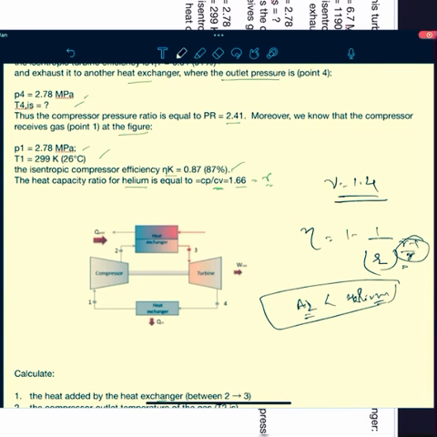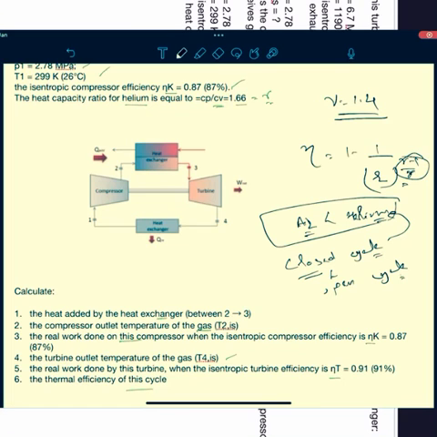That's why in closed cycle we can achieve more efficiency as compared to open cycle, because we can use better gases in case of closed cycle. And in open cycle, this heat exchanger will not be there. The output gases from the turbine will be released into the atmosphere. That's why we cannot use air, costly gases, in the case of open cycle.